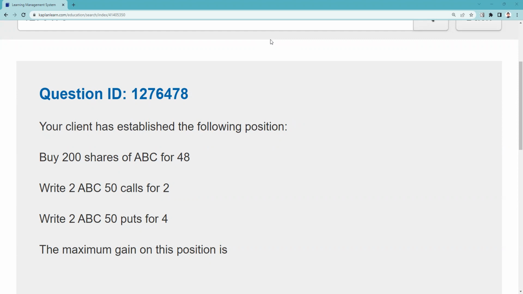This test taker got the following question and said, should they be able to eyeball the break max gain? Well, I don't think perhaps that, but you should be able to figure it out. The biggest thing you should recognize as a sales supervisor is that we have 50 calls there. And the disadvantage of the strategy when the customer writes these 50 calls is you don't participate past the strike price. So I would have been able to, from contract specifications and the position, look at this and say, okay,